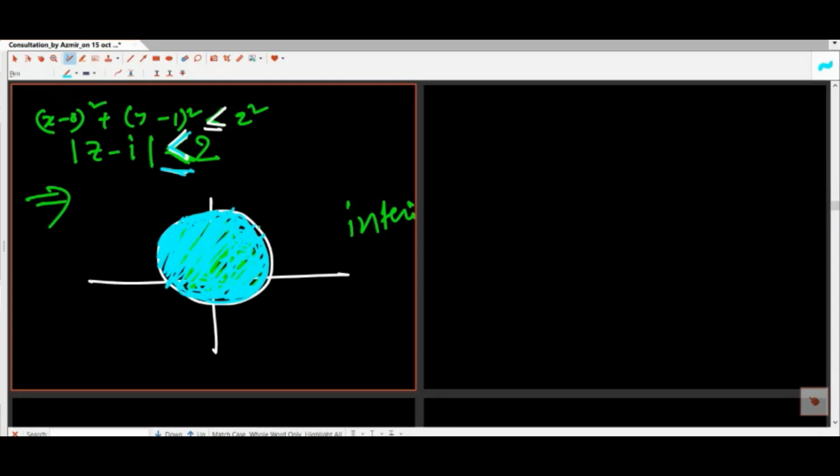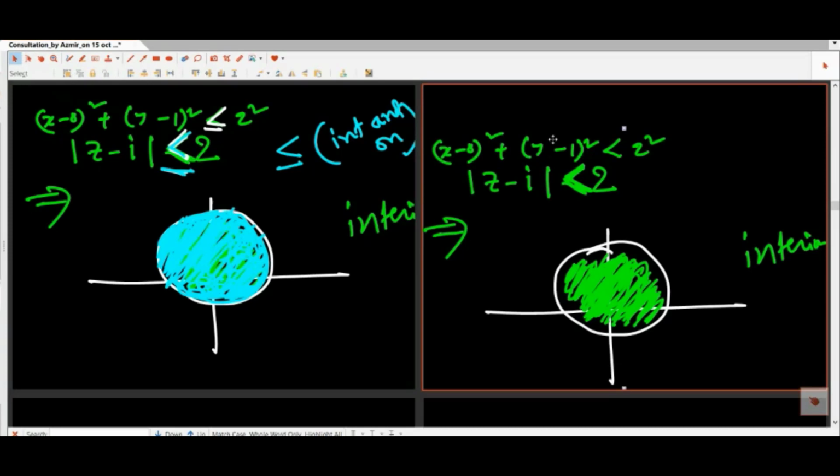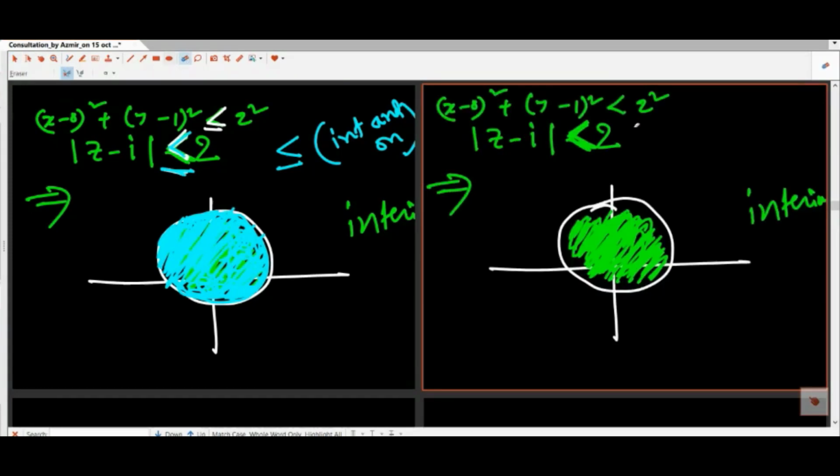That means less than or equal means interior, on the interior region and the boundary. So let's say we have the same problem with now greater than. Greater than 2 squared, greater than 2. That is, we have modulus of z minus i greater than 2. So this time, since we have greater than,